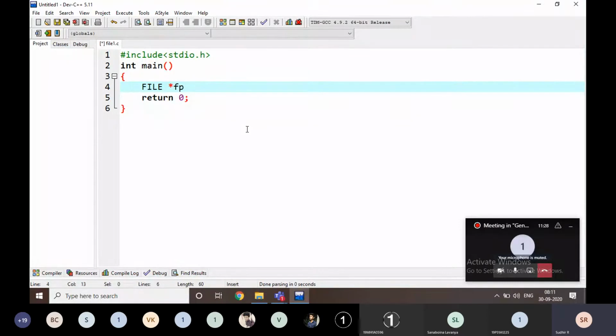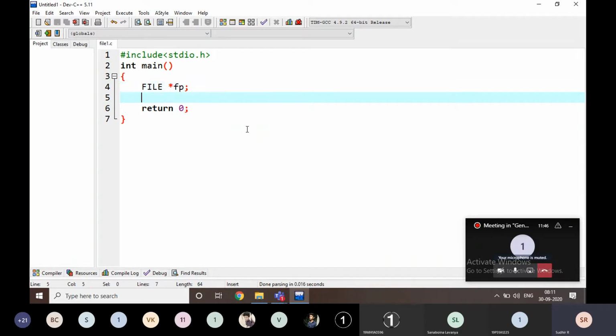I'm going to write fp or fptr. Mainly they write it like this, fptr or fp. What type of variable is it? It is a FILE type. This is called a file pointer.